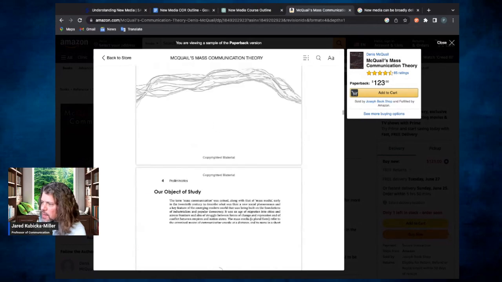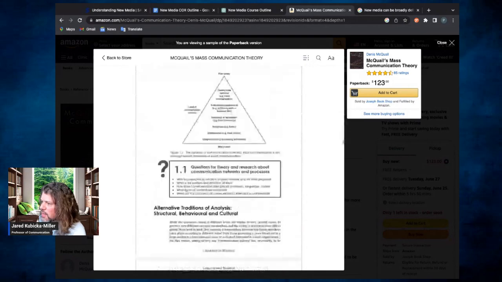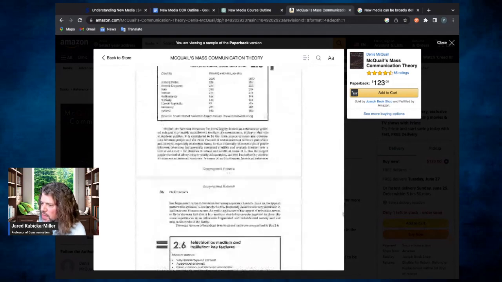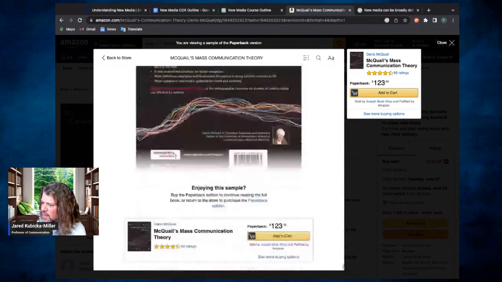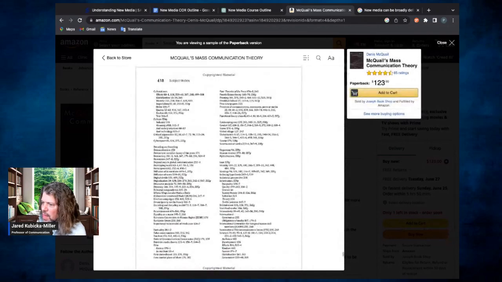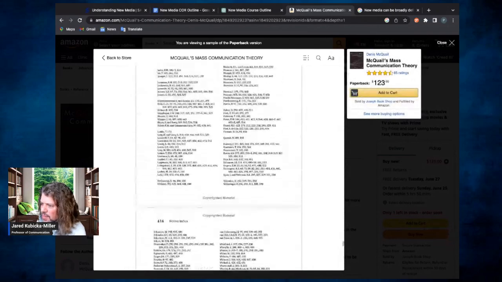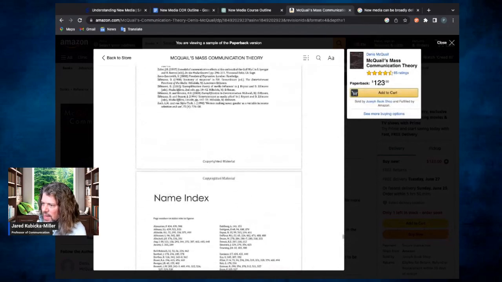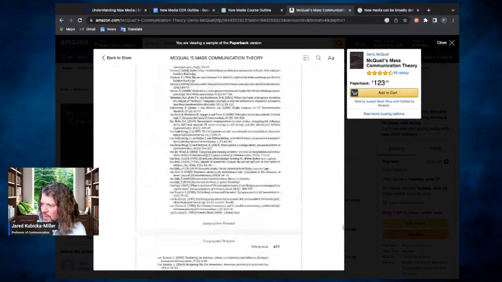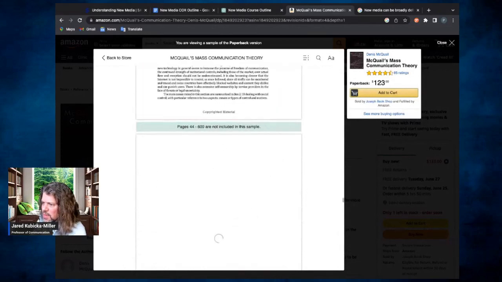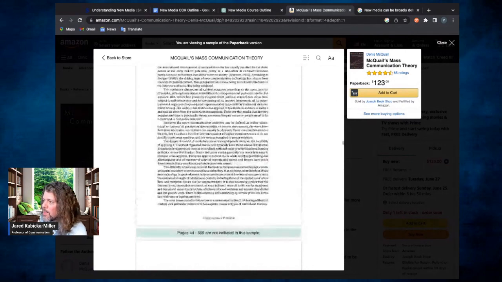Online readings. So look, if I go down to, how far does it go? Come on. Nope. Oh, and so it gives a little bit of a section in the middle, and then you can jump to the end. I wonder if it only gives the first few pages. Oh yeah, pages 44 on are not included in the sample.